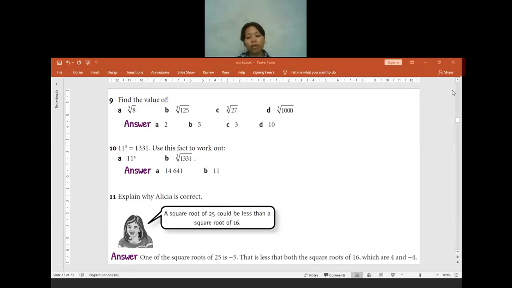If you are not able to memorize it, then later you have to do a calculation to find how much is 3 cube, how much is 2 cube. You have to check it one by one. 2 cube will be 2 times 2 times 2. You have to calculate it, something like that.